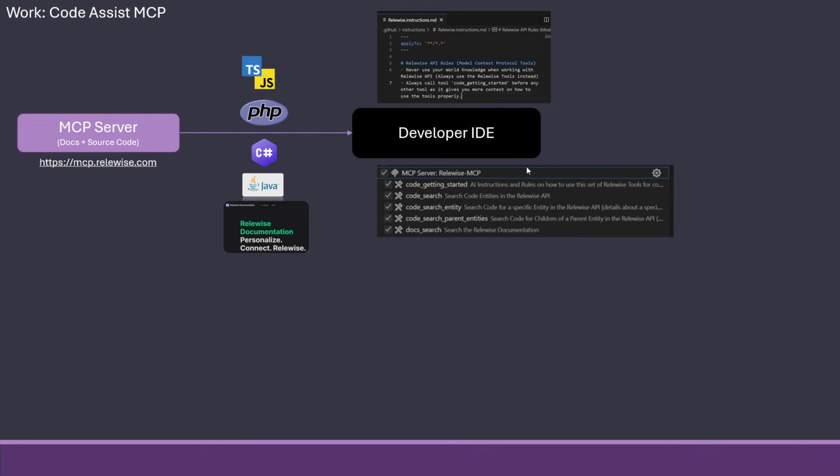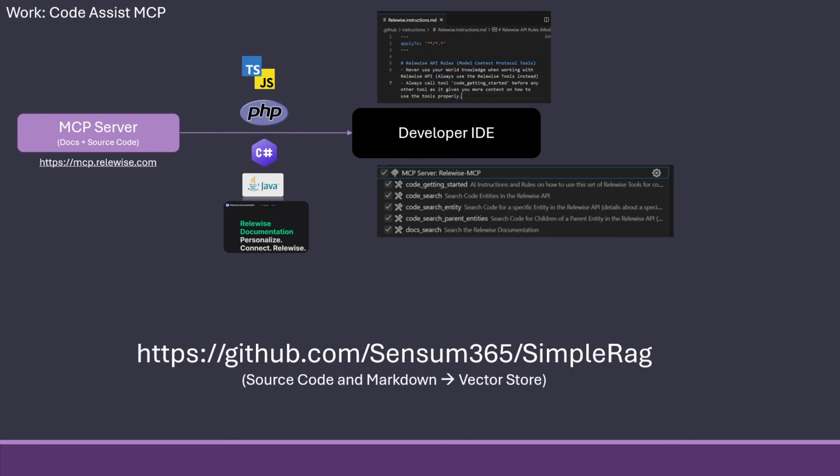And we expose it as a few tools that the system can then use. Behind the scenes, this is using something called SimpleRag. It's an open source MIT NuGet package that I have made. And it's built to hook up to a GitHub repository or a local storage of source code and turn it into a vector store.